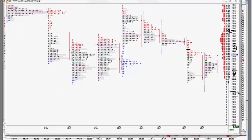That's it for August the 12th, 2014. We had another good day. If you take the trades, if you follow the methodology at our levels and lean towards the buy or sell side,